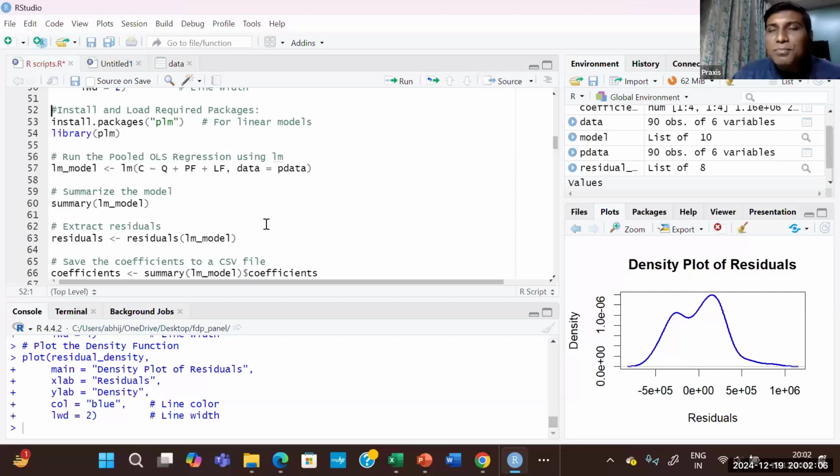I repeat the point, you may make a note of it. If I am using PLM package and using the model type as pooling, it is as good as simple linear model,